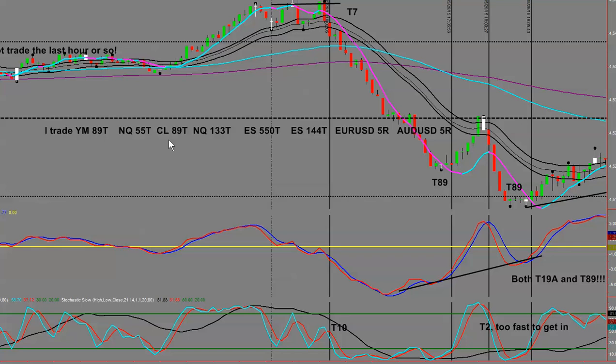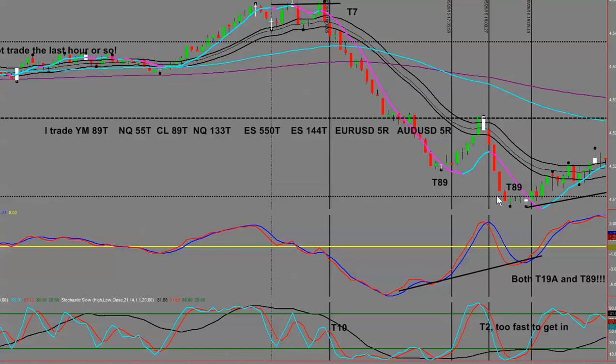time frames. Now let me just talk about this, look, the more you have on, and the more screens you've got, as I say, the sexier it looks, but the more confusion that you get. The human mind can only comprehend 5 to 7 bits of information at any one time. How you can avoid having a lot of different screens is by simply having longer term moving averages on your screen, which will show you what the higher time frames are doing. You don't have to have a bank of 6 screens. New traders don't have 6 screens, a maximum of 2. All it's going to do is confuse you, because also, as you've seen here, there are trades firing off left,